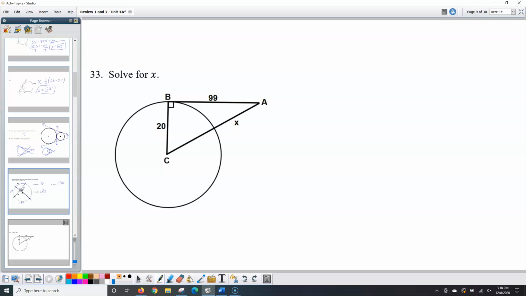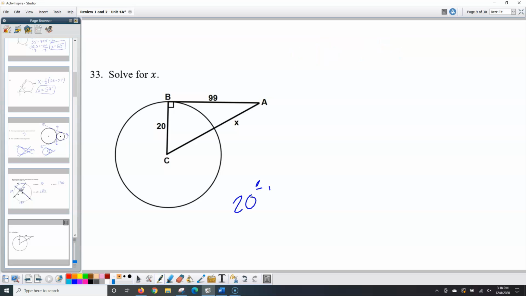Solving for sides of a triangle. We're going to use the Pythagorean theorem in some form or fashion on both of these. I'm given two sides of a triangle, and I have something missing. That's just the outside part, not the whole thing. I'm going to use the Pythagorean theorem, and we're going to say a squared plus b squared